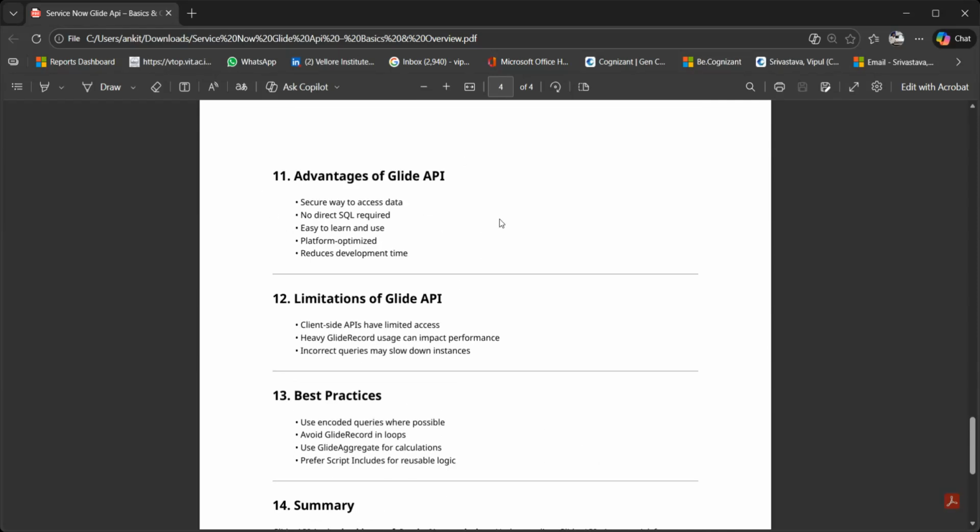Now, as we have covered mostly the client side glide APIs, it's time to see the advantages of why we use the glide APIs. So as I have said before as well: no direct SQL is required, a secure way to access the data, easy to learn and use, and platform optimized. It reduces the development time. These glide APIs are very useful and you can use them in your complex coding,